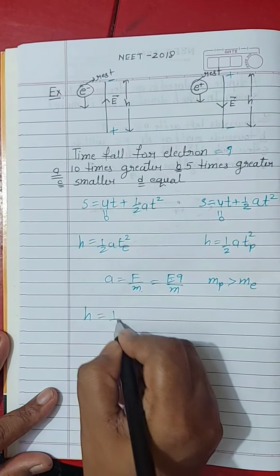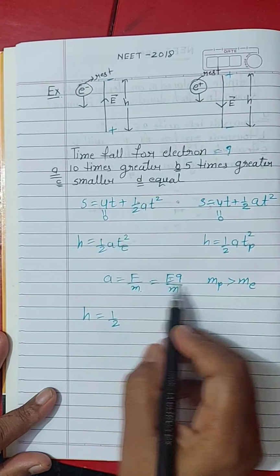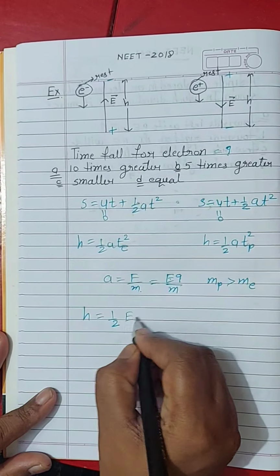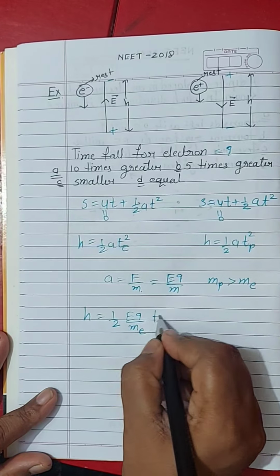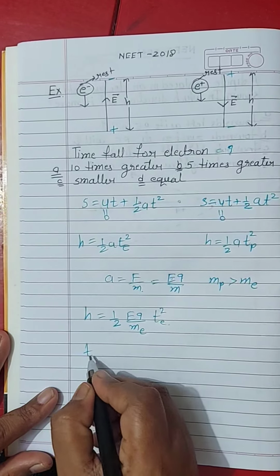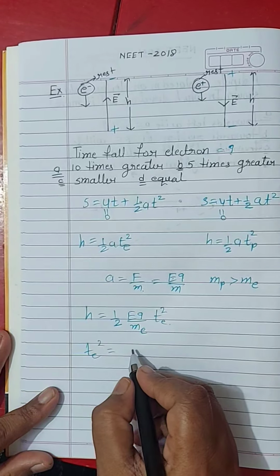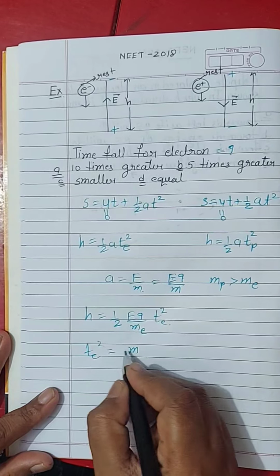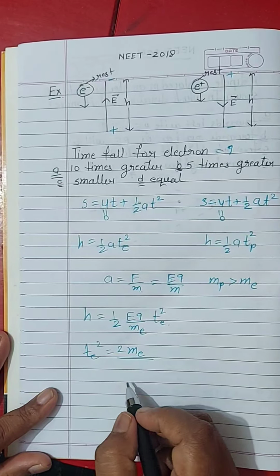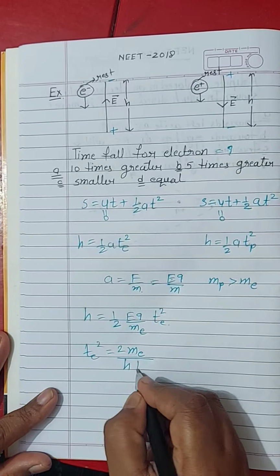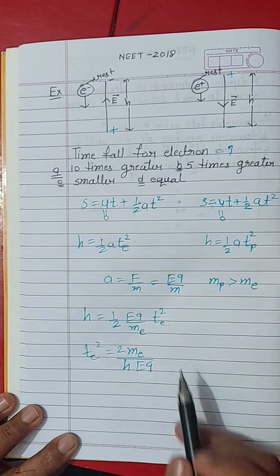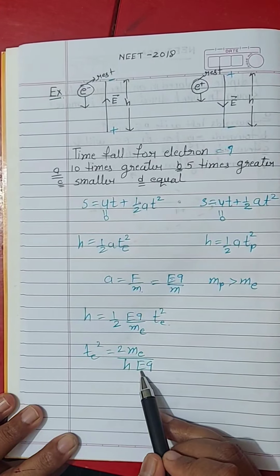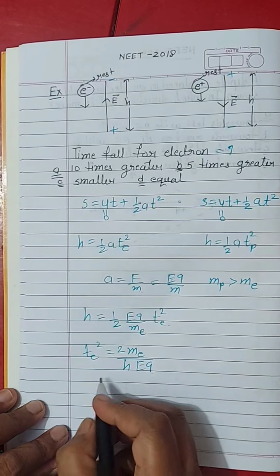So h = 1/2 in this equation, acceleration is Eq divided by the mass of the electron, into t². So what is t? t = √(2 m_e h / (E q))... as written by the speaker: 2 times the mass of the electron divided by h into E into q. Okay, for both electron and proton, h is similar, E is uniform, and the charge is similar, so we can say that